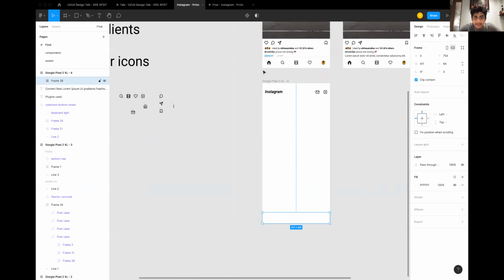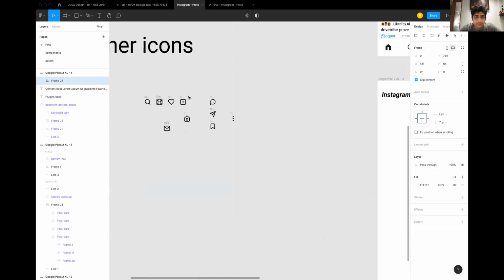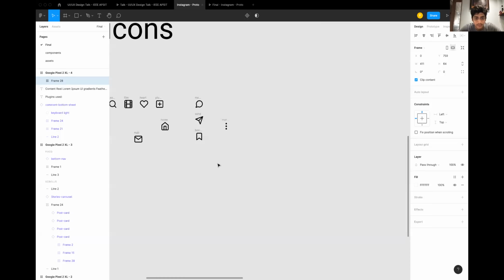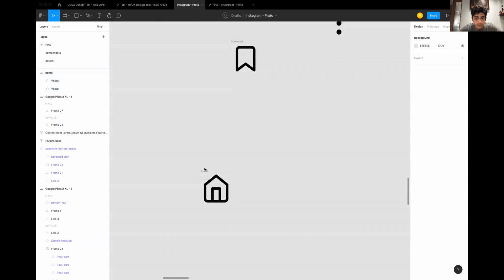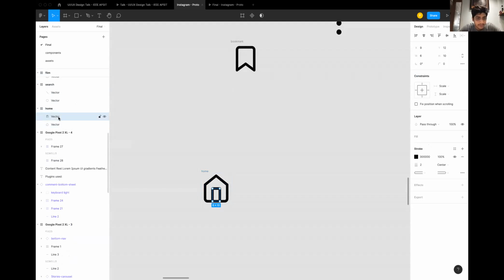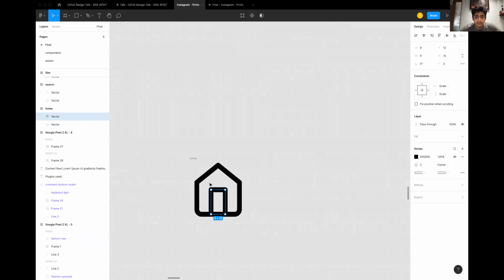Now it has these icons. So now what we are doing, and the home icon is black in color. So we've done a little trick here. The icon that you will find on Feather Icons, it has two elements. There's a vector and there are two vectors inside it. The bottom one is of the house, the triangular shape, and the above one is of the door. So since we want this kind of a logo,